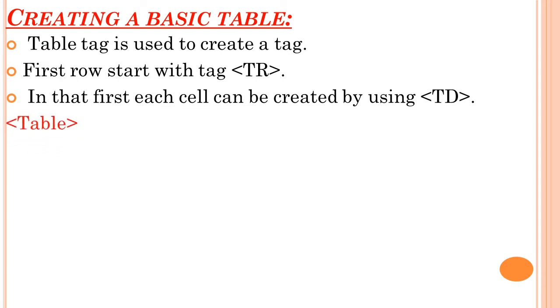See here, I'm going to create a table. So I have created the tag as table. Then the first row I am going to start. In the HTML, we will write row wise. First row we will finish. In the first row, how many cells you want, we will finish. Then we will come for the second row, like that.